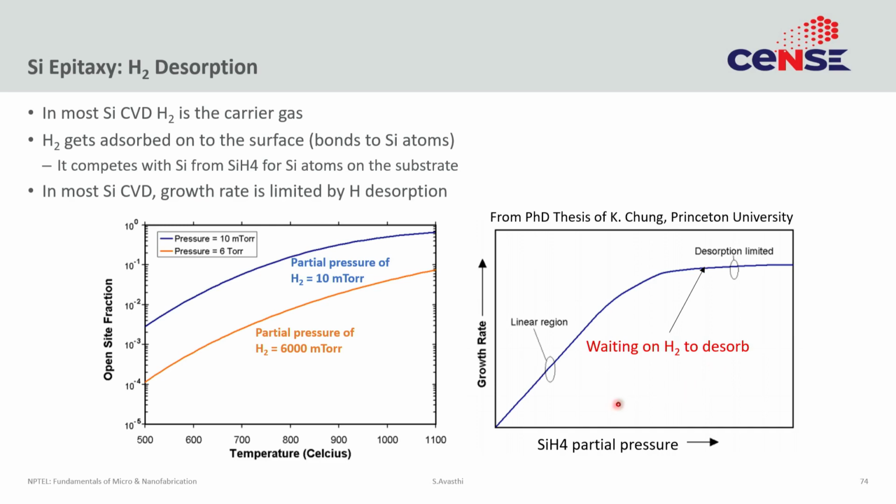Now, first question you can ask is, where is the hydrogen coming from? Well, if you go and look back at the reaction of how we form silicon from silane, you would see that we produce a lot of hydrogen. So silane itself is a source of hydrogen, right? And secondly, a lot of these reactions are done in a hydrogen atmosphere. So you're also flowing several liters per minute of hydrogen to dilute the silane, and that can also be a source of hydrogen.